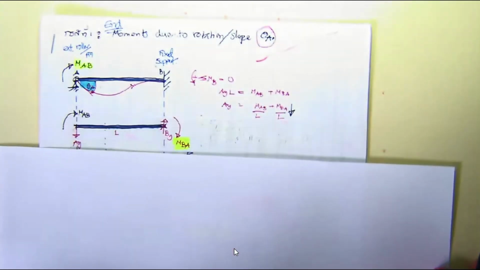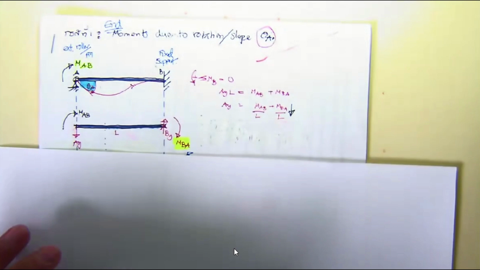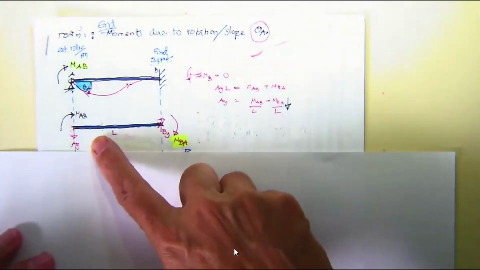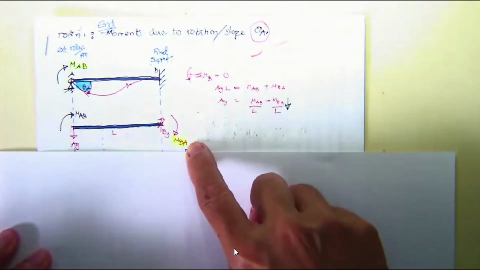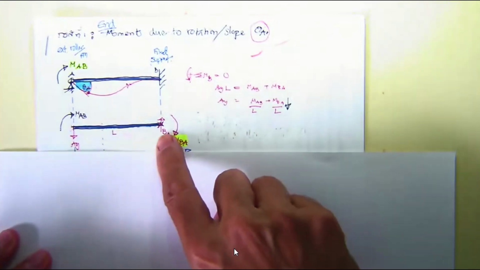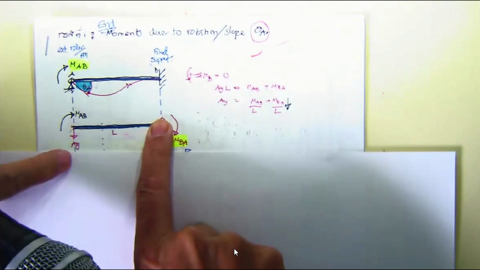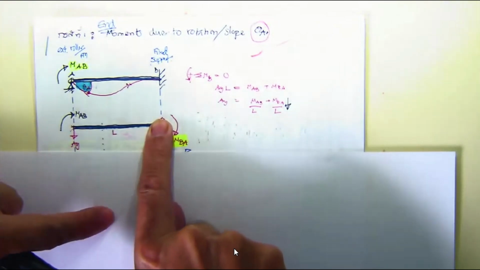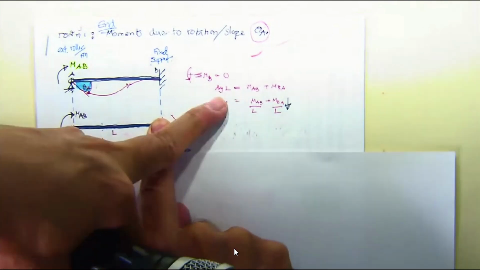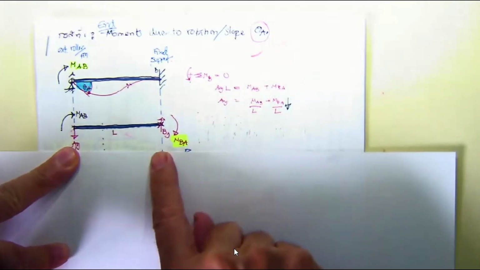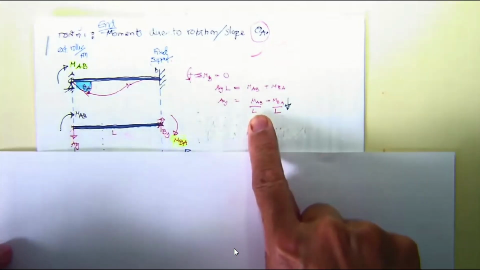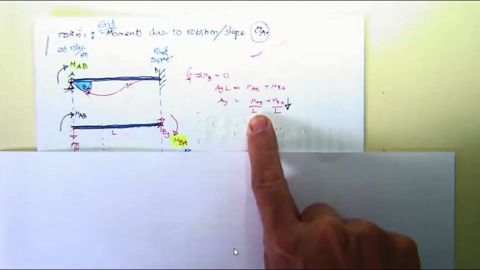Now, if you draw the free body diagram, the beam subjected to M sub AB and M sub BA is going to have the reactions A sub Y and B sub Y. Then if you take the moment at B, you will see A sub Y rotates clockwise. A sub Y times L is going to be equal to the clockwise moment. Then you get A sub Y pointing downward in the form of end moment.